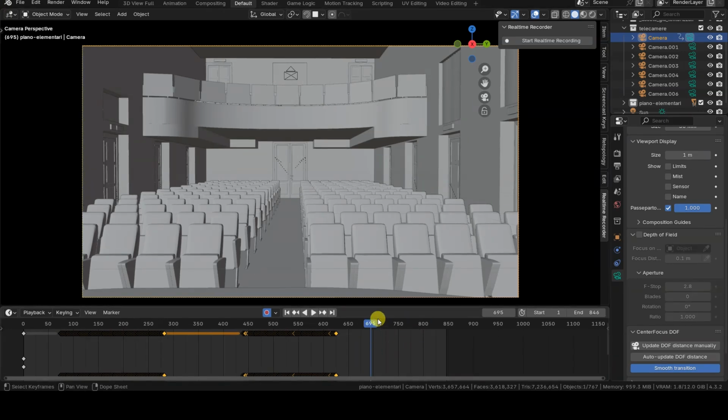You can also go back to another point on the timeline and start the add-on again from there. It will extend the animation's duration, pushing the end frame forward only when it's needed.